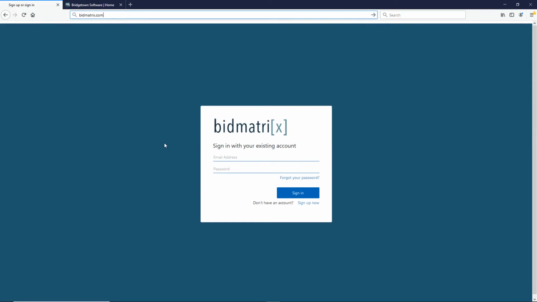So in this session, we're going to talk about just the basics of how to get into your BidMetrics account and basically some of the basic navigational menu bars and so forth. Keep in mind, this product is all entirely web-based. There's nothing to install on any workstations. Wherever you have your login, you have rights to get to the product.